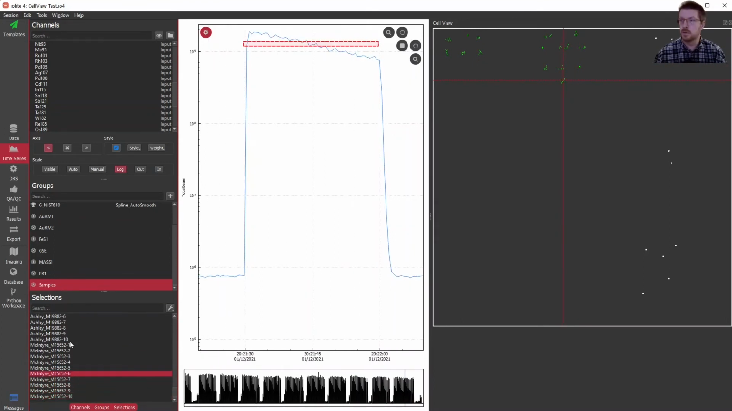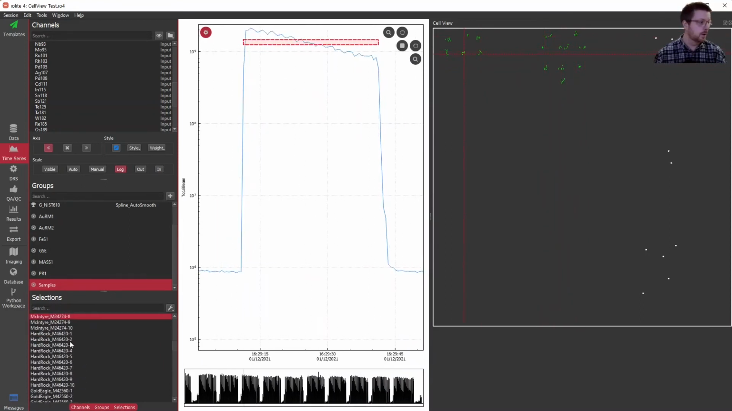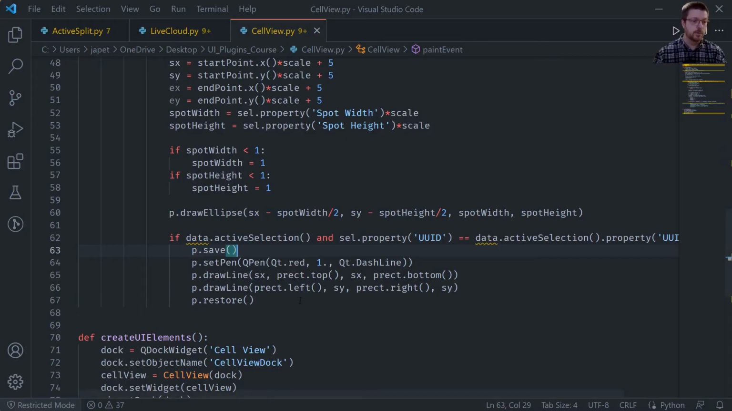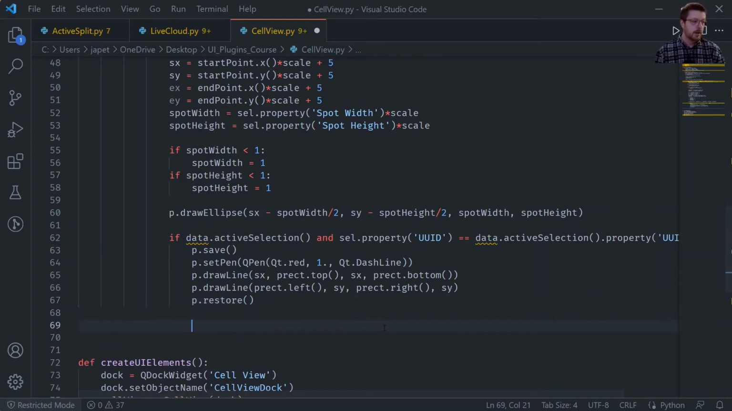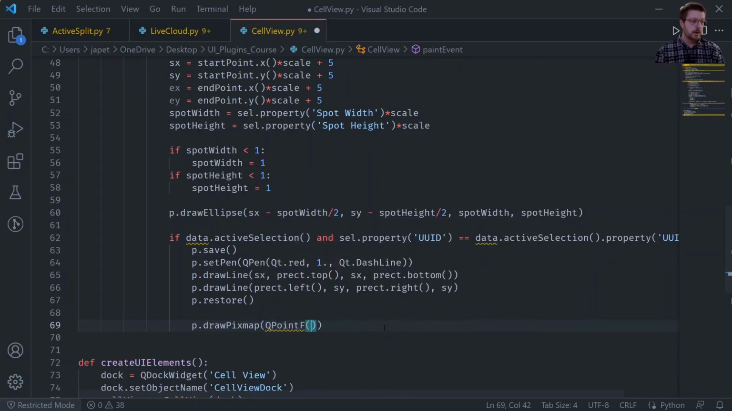So it seems that that is all working fine. Now the other thing that we wanted to do was to show an image if there was an image log. So let's see about doing that. So I think we could do that in here. Eventually what we want to do is painter.drawPixmap, and then we're going to want to draw it at a point that